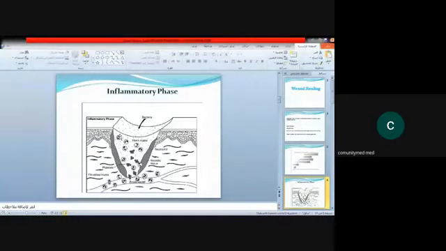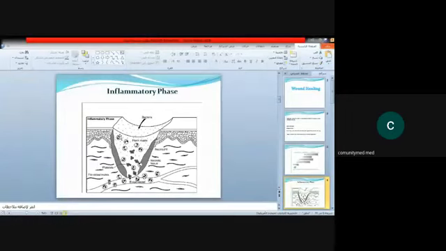The second important cell that is going to enter are the macrophages. The monocytes of the blood will pass and migrate from the capillary into the wound and will form macrophages. And these macrophages are the most important cells in the whole process of wound healing. Why are they very, very essential for the healing process? That's because they have two main roles.